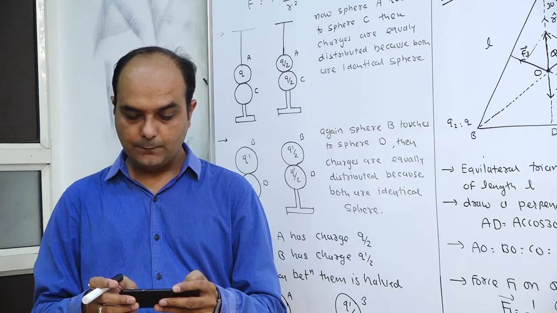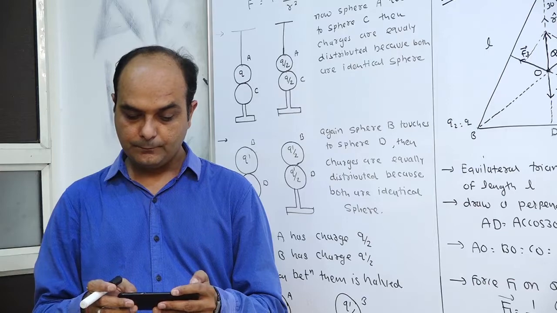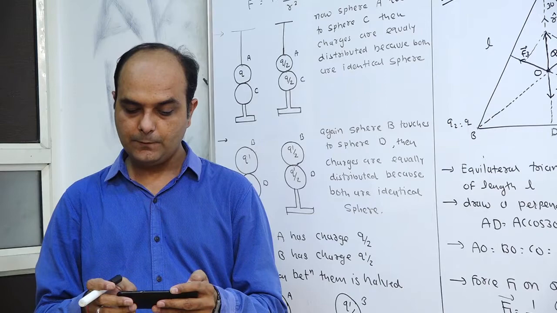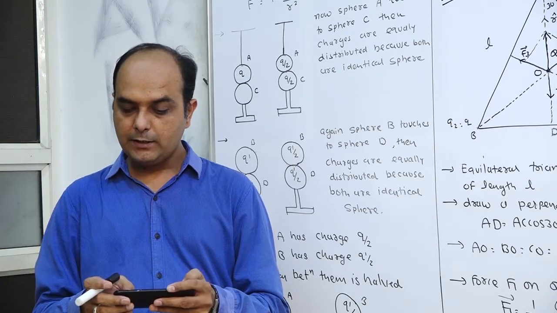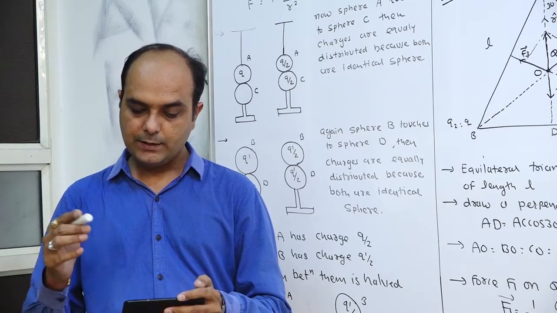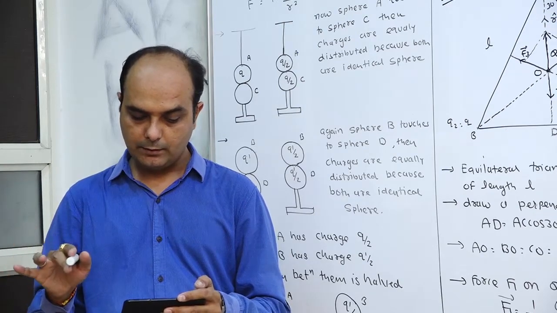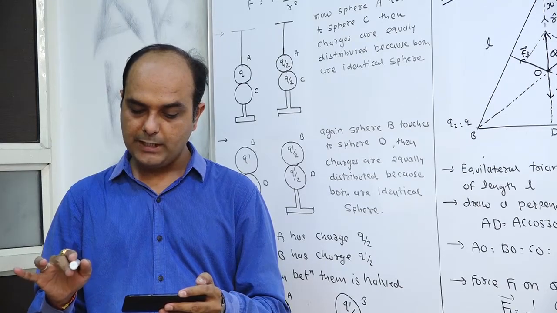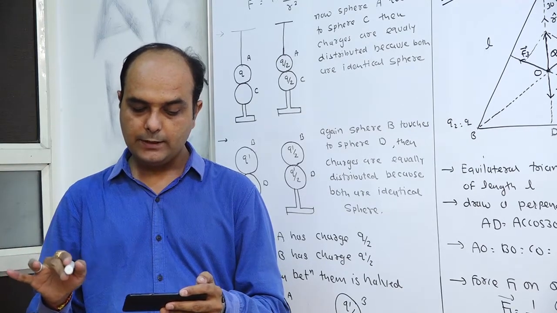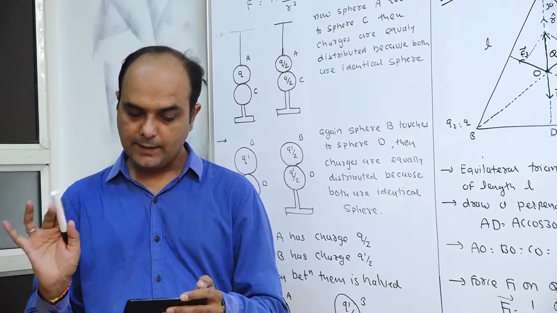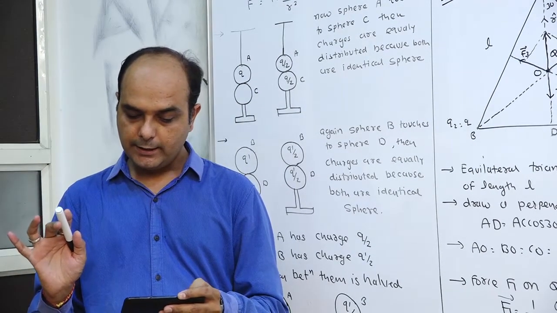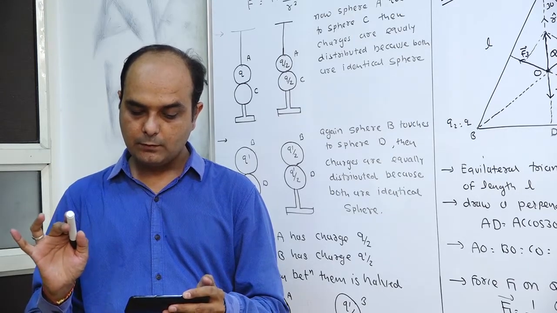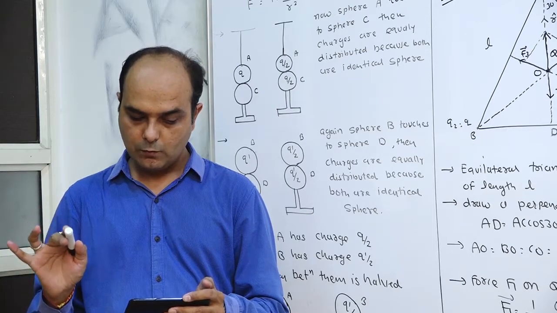The resulting repulsive force on A is noted, for example, by shining a beam of light and measuring the deflection of its shadow on the screen. Spheres A and B are touched by the uncharged spheres C and D respectively, as shown in figures C and D. C and D are then removed and B is brought close to A to a distance of 5 cm between their centers, as shown in figure C. What is the expected repulsion on A on the basis of Coulomb's law?